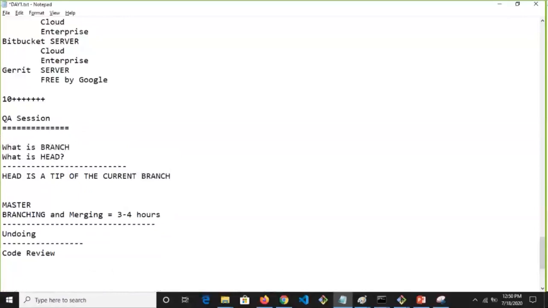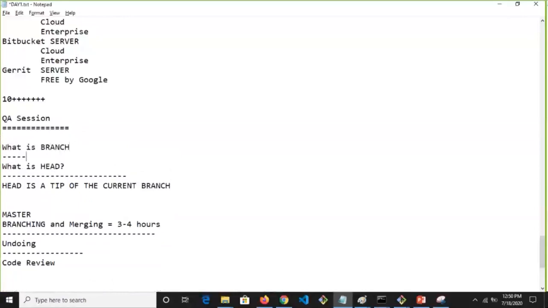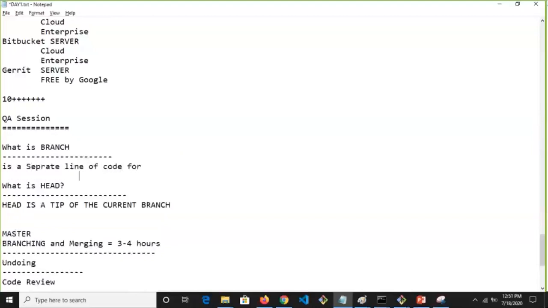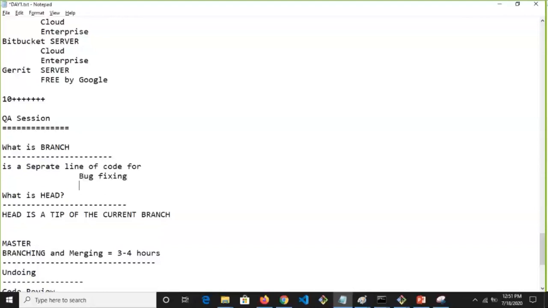A branch is a separate line of code, for bug fixing so that you don't disturb the mainline branch, for feature development, and many other reasons.